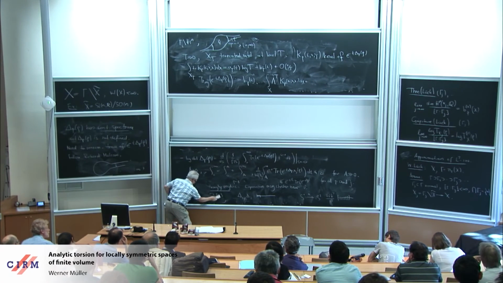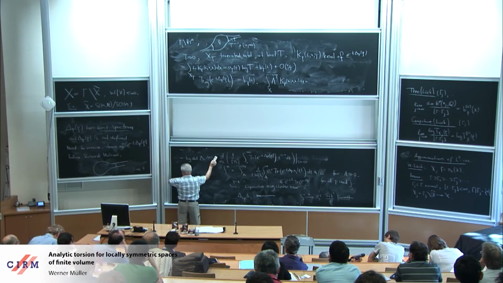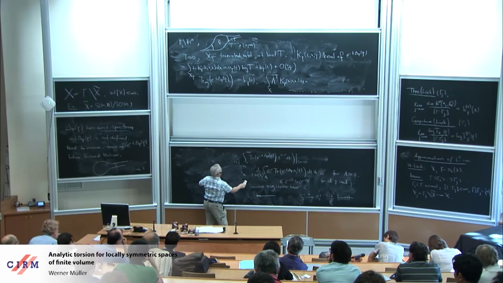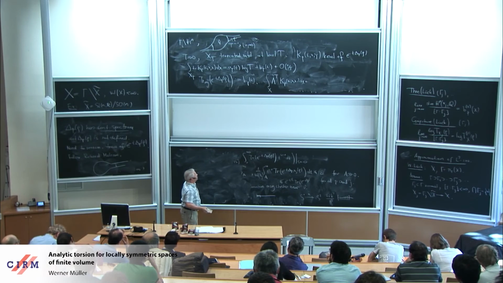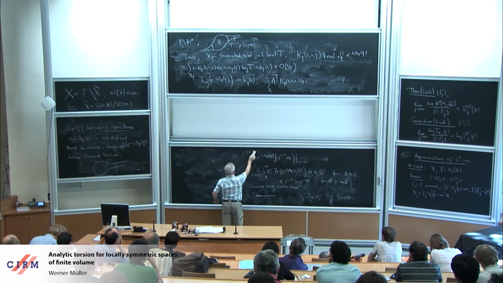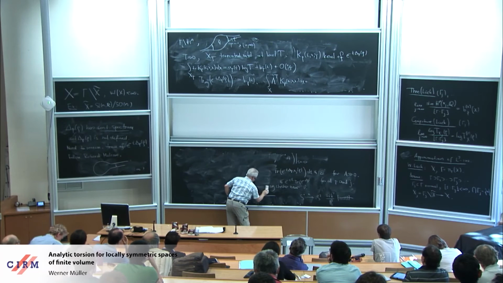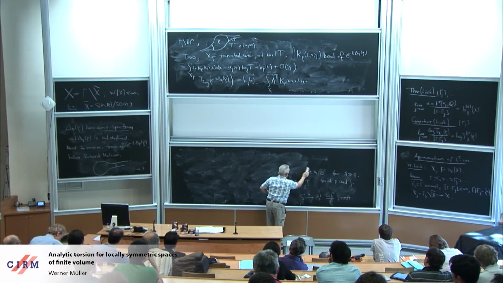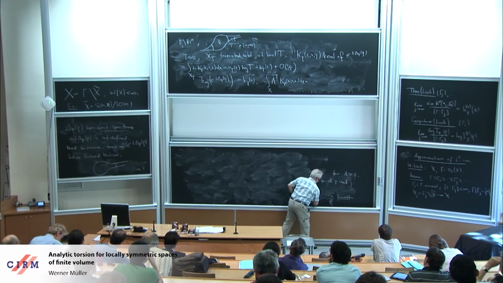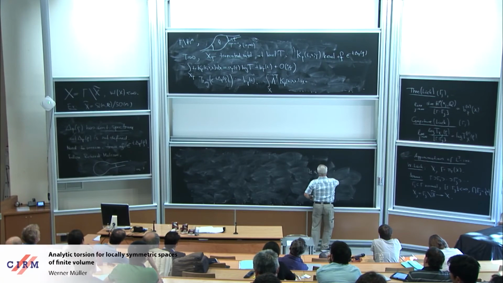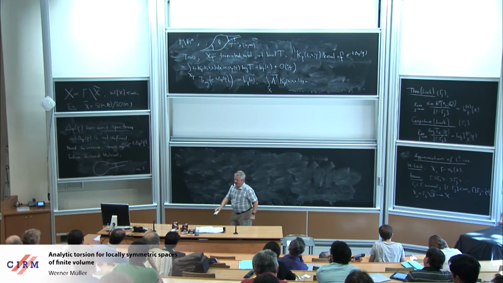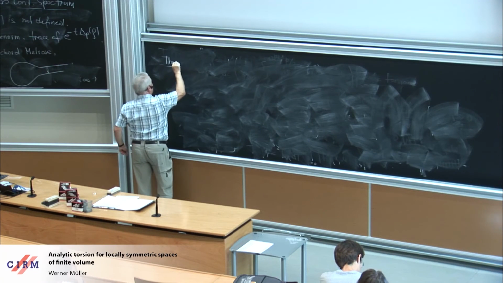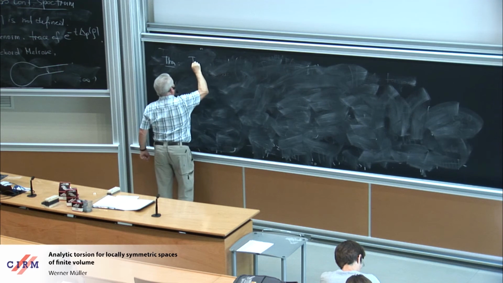And, well, the first observation is that this approach, the second one which I described here, namely truncate the kernel and integrate it over the manifold, is exactly the approach which you use to prove the Hilbert trace formula in this context. And so it's not surprising that we have the following result. So the regularized trace